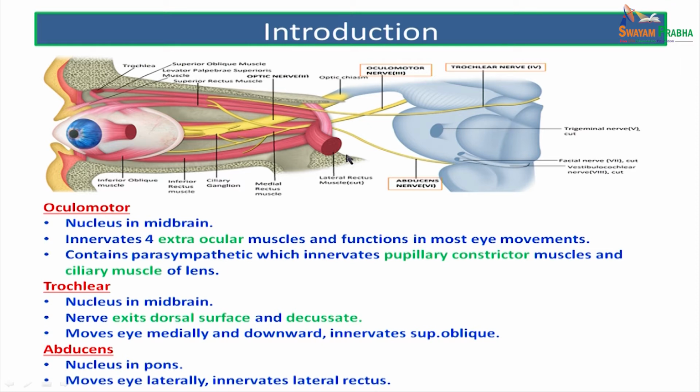constriction of the pupil. The trochlear nerve, the nucleus is also in the midbrain, and the peculiarity of this nerve is that this is the only nerve which exits from the dorsal surface of the midbrain and has true decussation. This nerve supplies the superior oblique muscle which moves the eye medially and downwards. The abducens nerve, the nucleus of which is in the lower pons, moves the eye laterally, which supplies the lateral